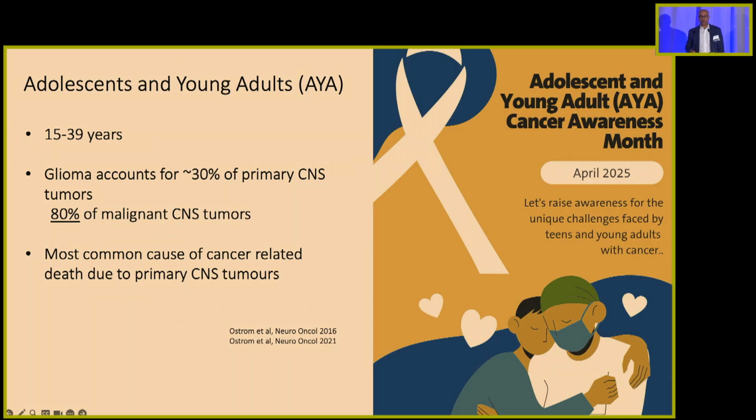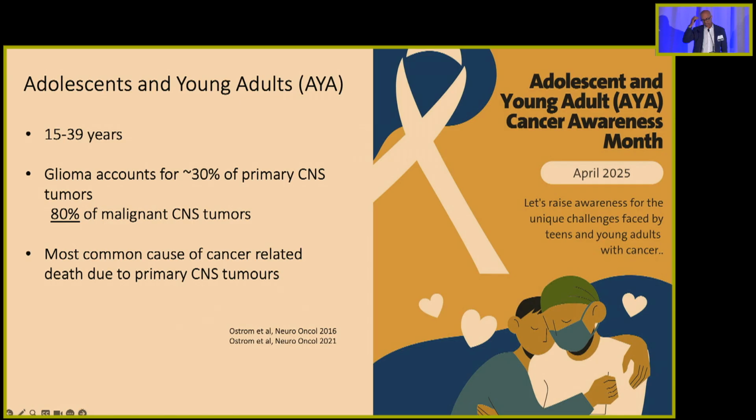So I'm going to focus, though, on this group, these adolescent and young adult patients. And on that biological track that I just showed you, you can see they really sit at that spectrum, where these are patients who have incidence of both pediatric and adult type brain tumors. And this is a particularly interesting group because they're at a point of remarkable social, economic transition.